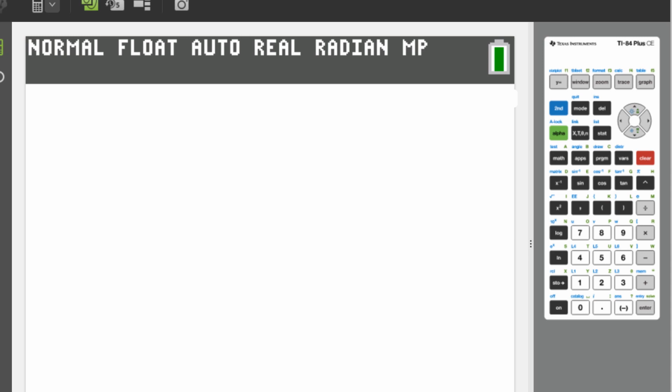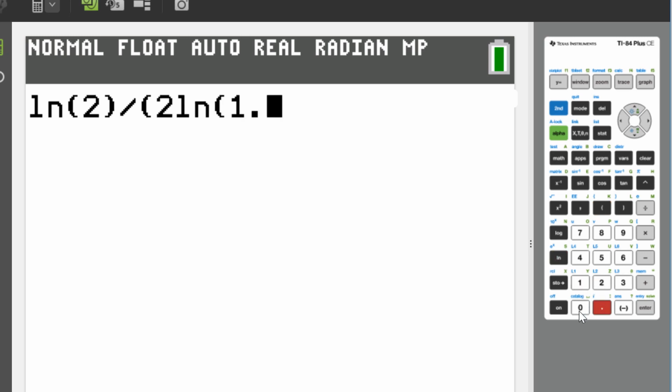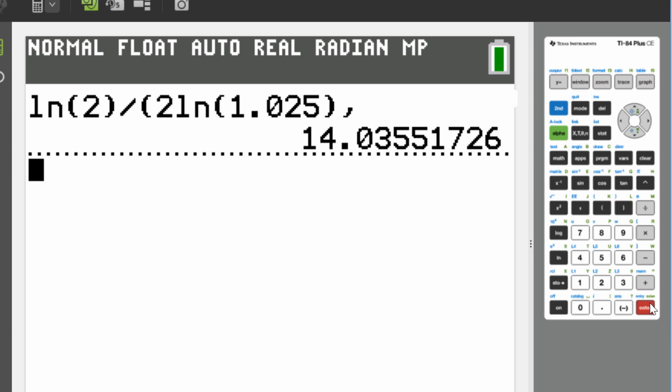On the calculator, let's find the natural log button, which would be ln. Then we need 2. Let's close that. Then I'll divide that by, I'm going to go ahead and put parentheses around it, make sure we keep it together, 2 times the natural log of 1.025, and we'll close, press enter, and we get